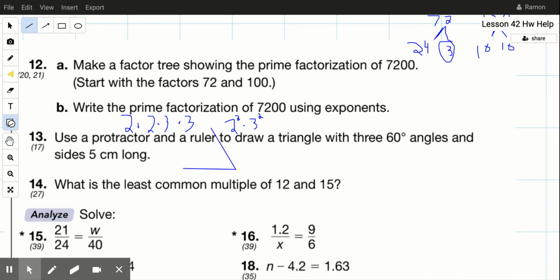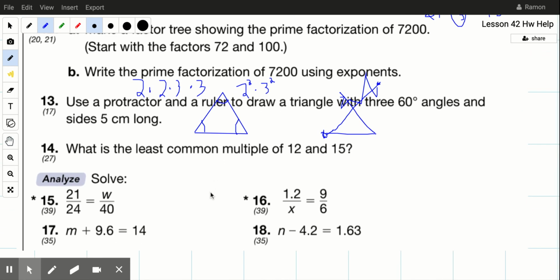So when you draw this, all you really need to make sure of is that all your sides have the same length. And when you mark up the triangle, that the measures are also all the same, which is 60 degrees in this case. Now, if you do have a protractor and a ruler, just make sure that you line up the circle with the vertex, make sure that extends out to be 5, and make sure that you put another dot over here for the 60 degrees, and then just keep repeating the process,